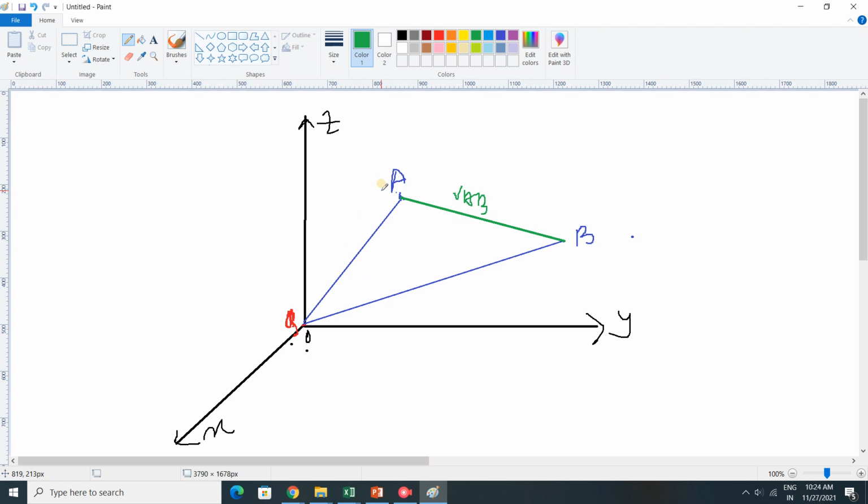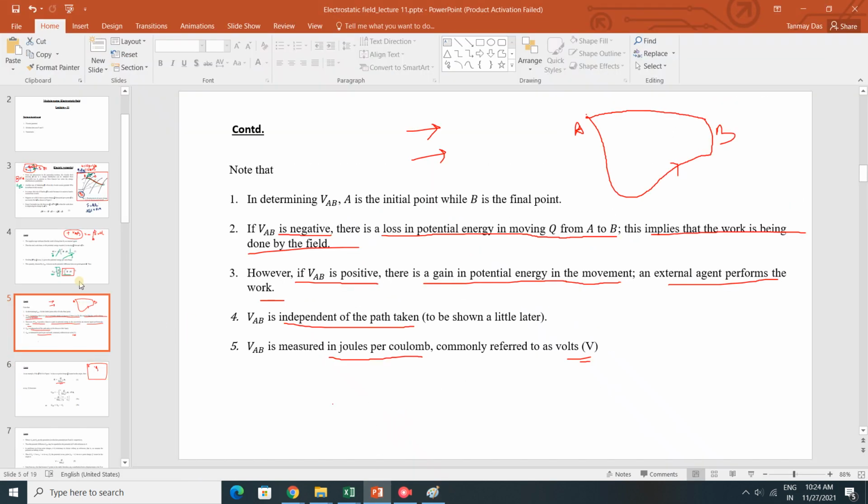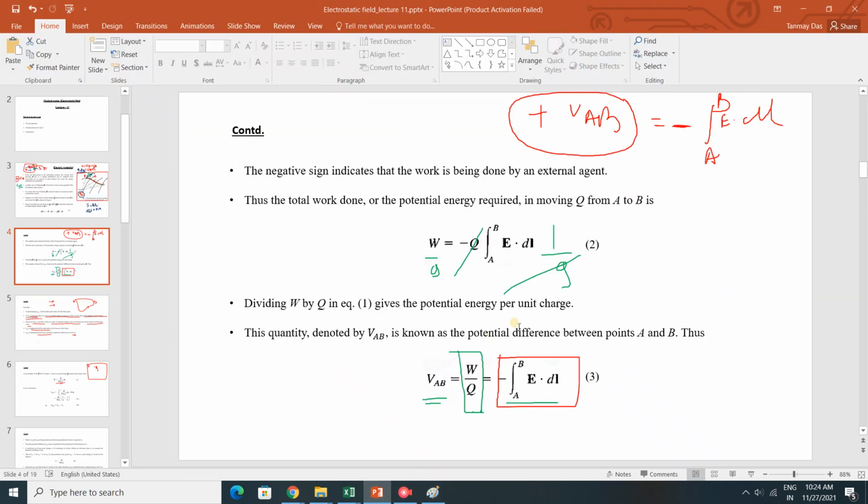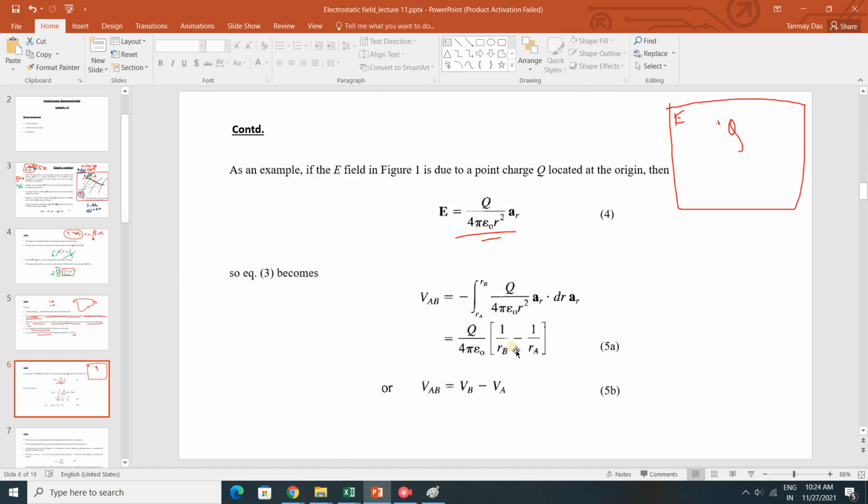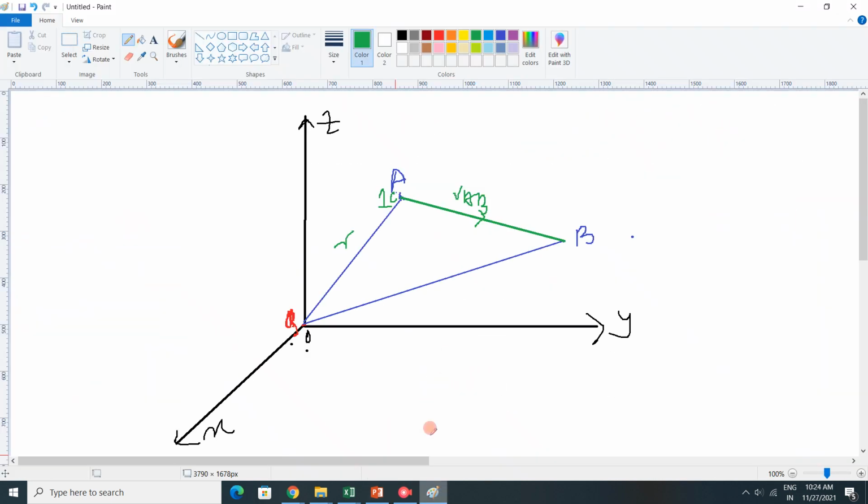This is work done, VAB. But suppose 1 coulomb of charge was previously over here, and I am dragging it from A to B, this is the potential difference AB that we have just studied. So if we represent this distance in vector form, the statement will remain the same as what we studied: that potential difference is with respect to work done per unit charge. Okay, now we want to define the actual equation in terms of vector.